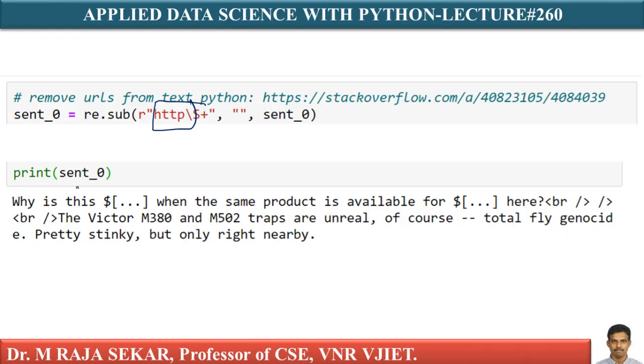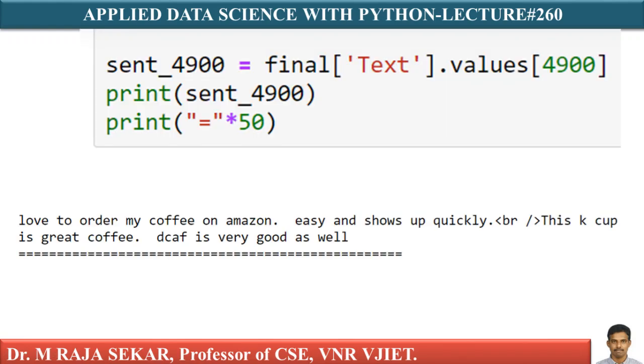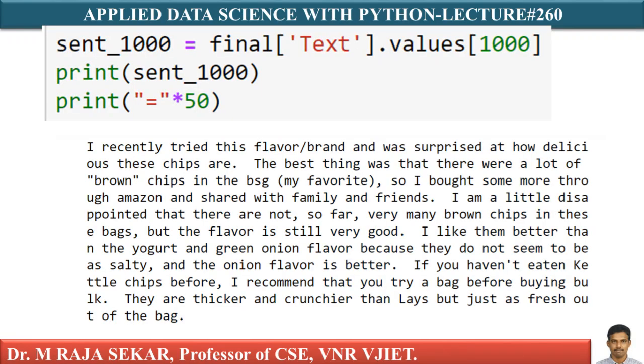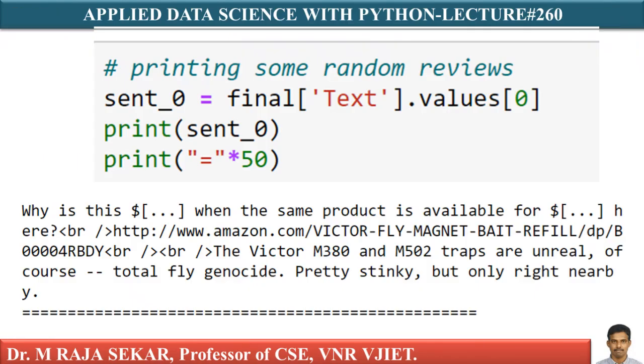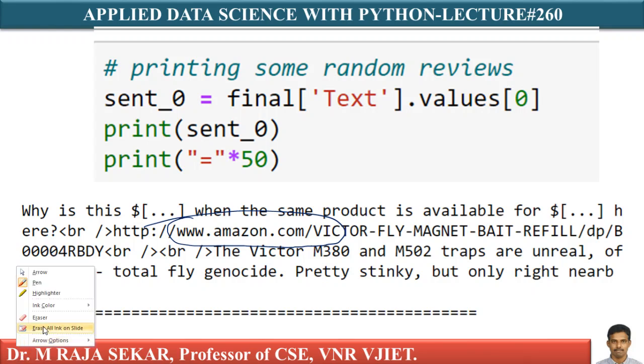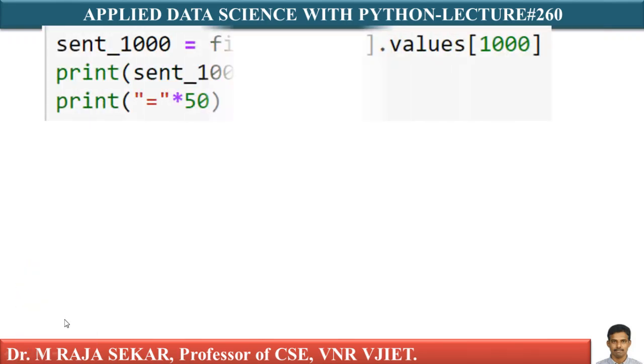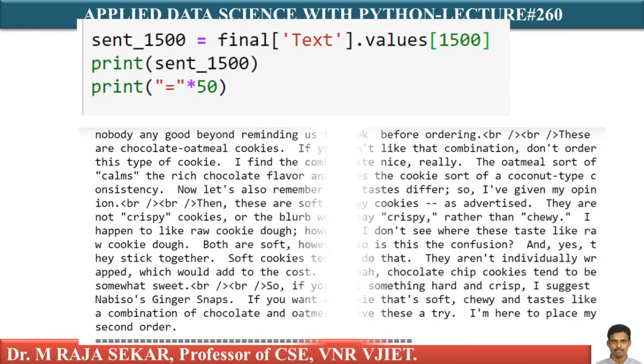If you go back and check cent_0, there is a URL, amazon.com, isn't it? Now what we did, we are removing URLs. Let me show. Here I have this URL, www.amazon.com, but as a part of pre-processing, I am removing the URL.